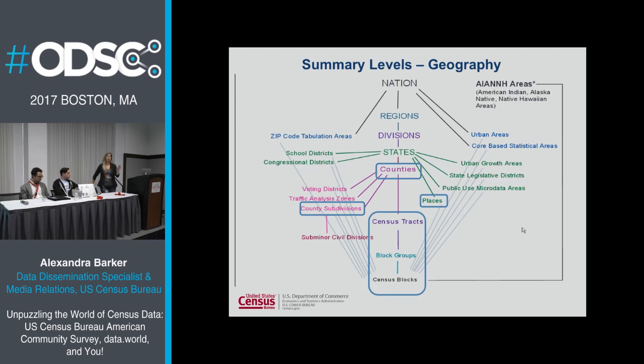And there is a limited number of data sets available for zip code too. So your best bet, you see the string in the middle? And if you take into consideration places and county subdivisions, this is where you're going to find the majority of your data sets available. Basically everything we publish, down to the block group and with some suppression in there.